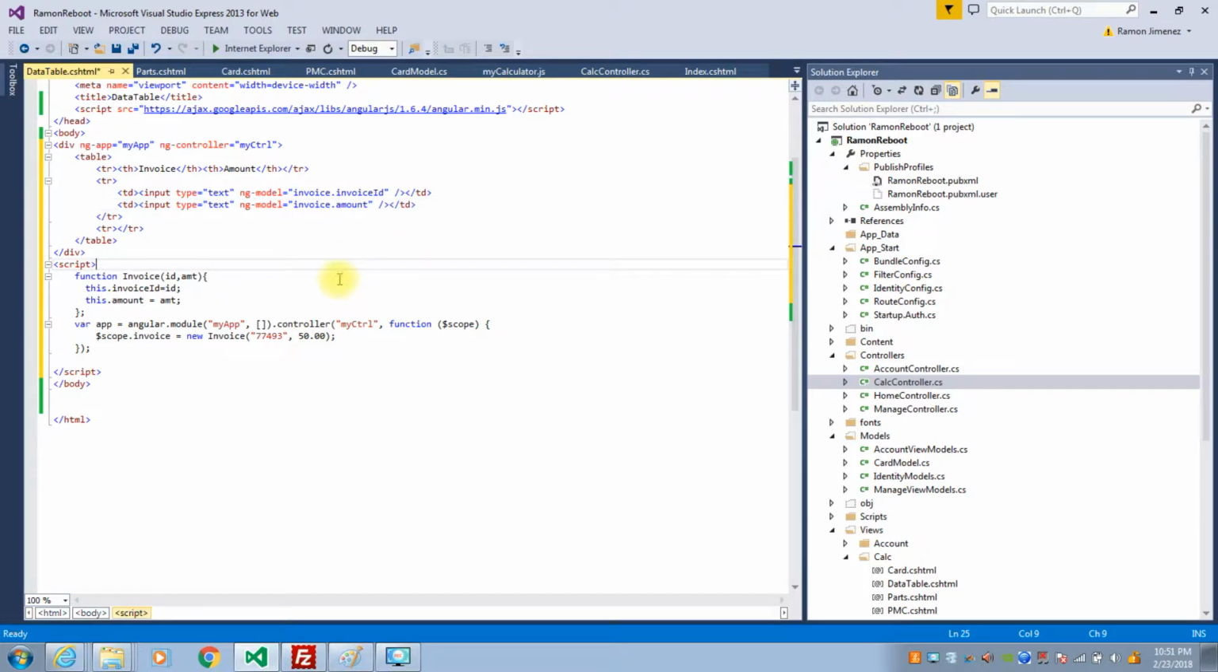Okay, so when I run this page, I should see these values, the invoice number and the amount, inside these boxes because now they're bound. And if I change the boxes now, this object should change. And how do we know if they're modifying each other? It's a two-way binding. So how do we know? Well, we can